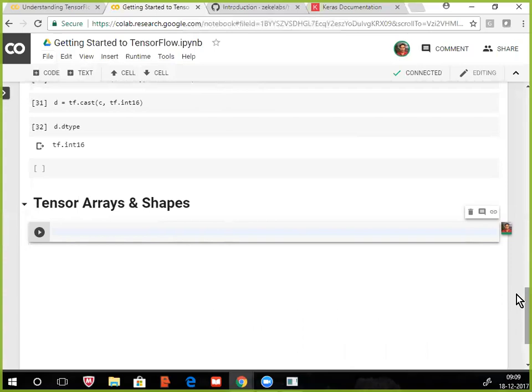Pandas is Python's data processing package. You have NumPy, and you can convert those data, list data, into TensorFlow data. All those conversions are possible. So you can create a